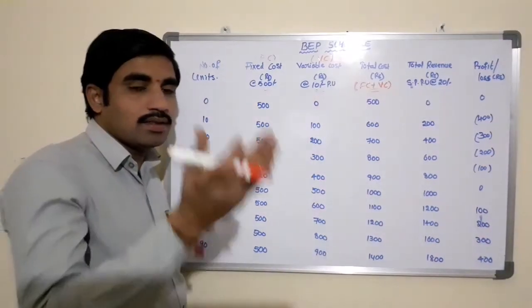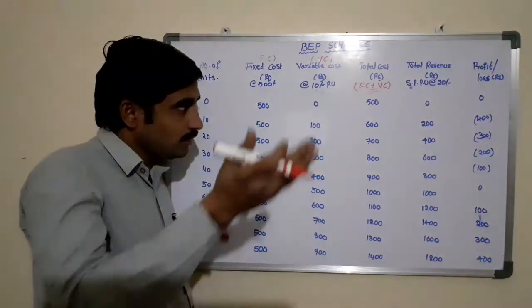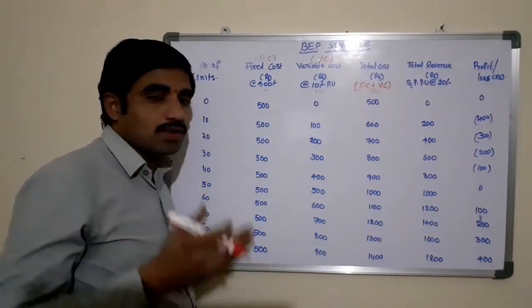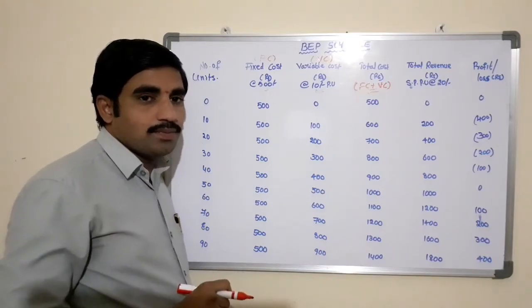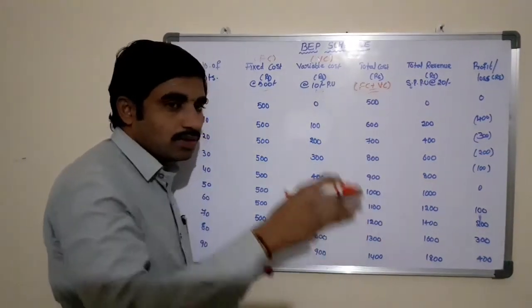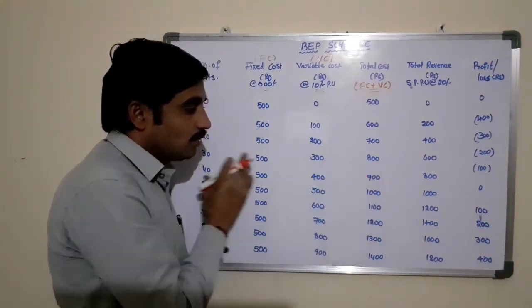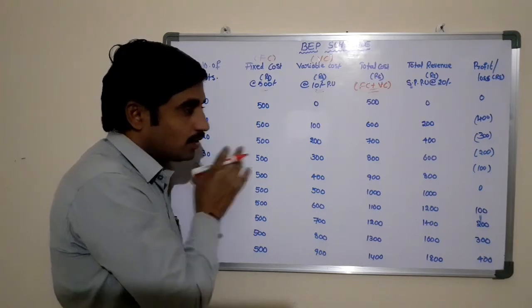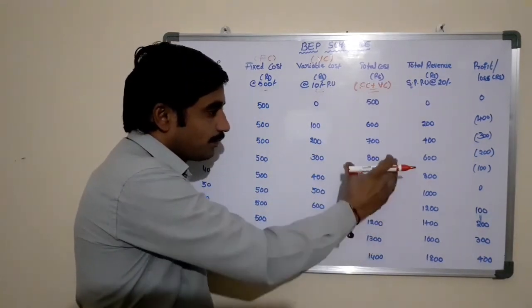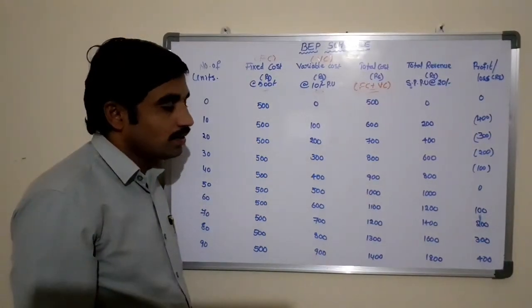As you increase the total production, the total cost of the production will also increase proportionately. And if you decrease the total production in the business, the total cost of the production will decrease. So there is a positive relationship between the total production in the business in terms of quantity and the total production in terms of cost. There is a positive relationship between these two.